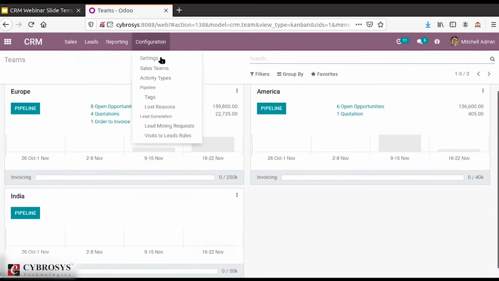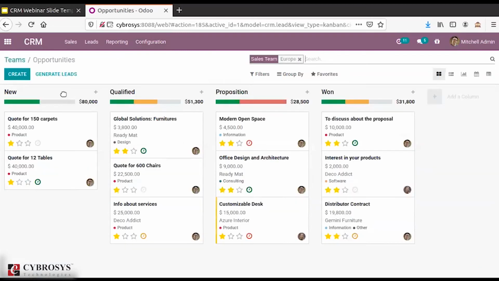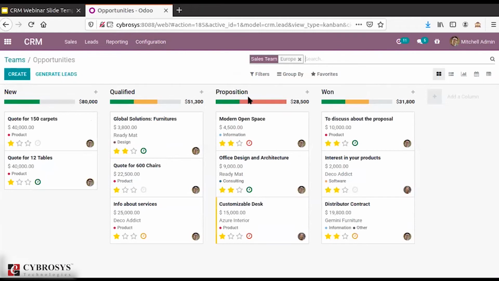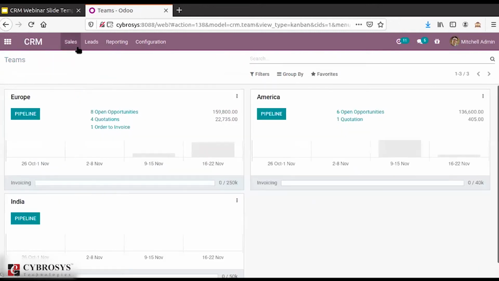So for the sales team that you're creating from this menu, you will have different options for whether you want to show that in the pipeline or not. And if you don't want to show that sales team in the pipeline, you can just enable the tick over there. So here for each sales team also you can see the pipeline and all. So here I have selected the pipeline option. That's why it is showing over here the pipeline for the sales team called Europe. So these are the options that we are having with the teams as well as the sales team. So here we have the team pipeline management and other informations with that.